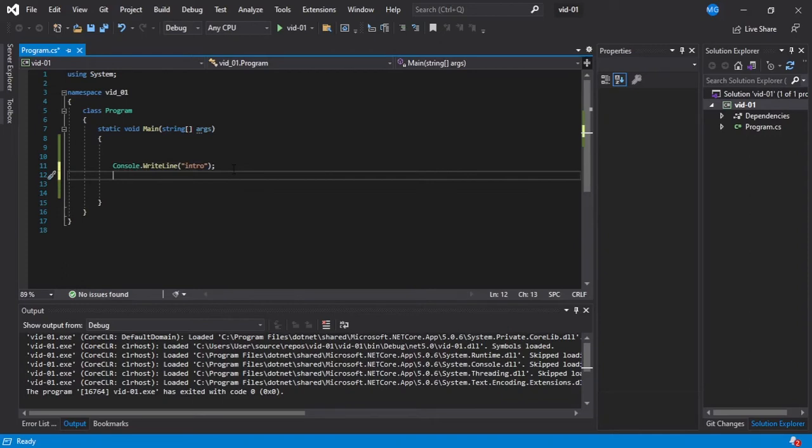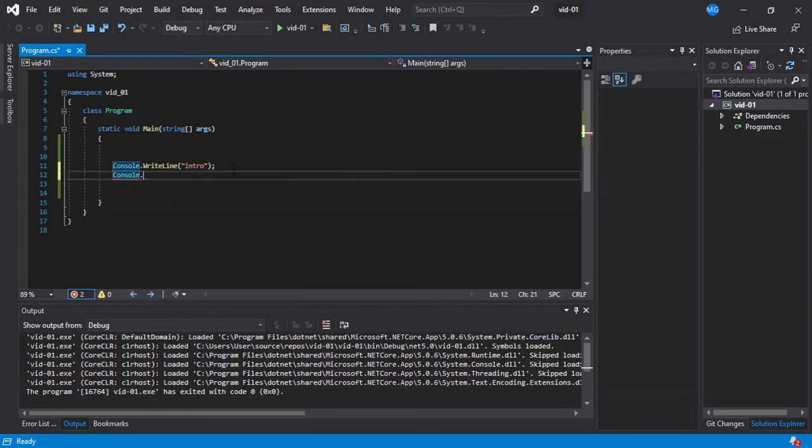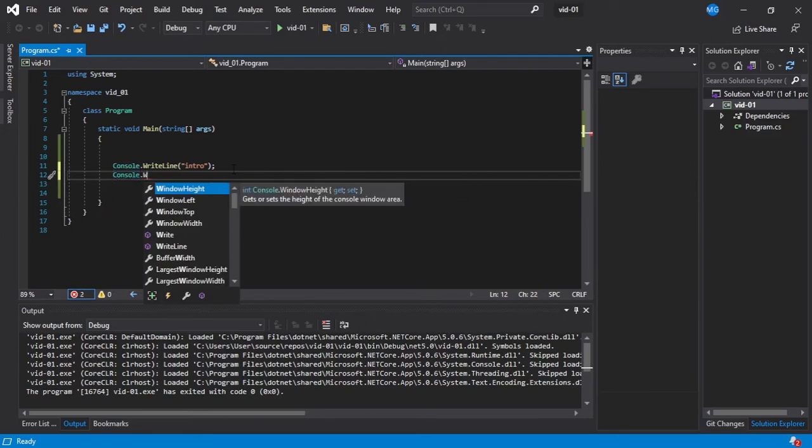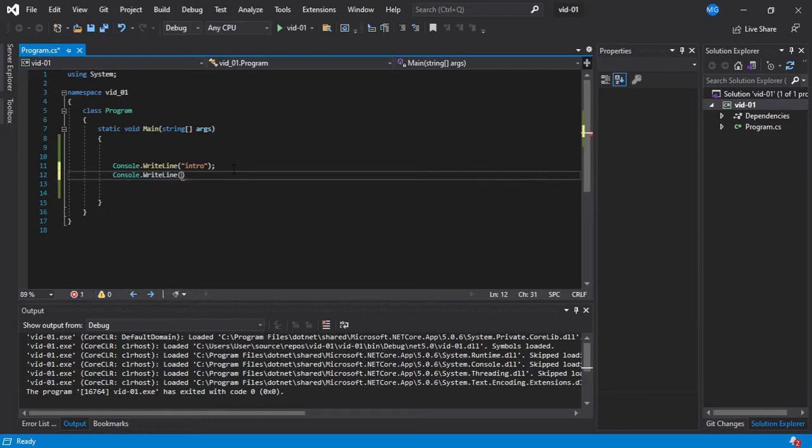This is exactly what we'll be using while writing C# code. It is capital C. These are the things you should always remember. It's a capital C, Console dot, W is capital again, right? And then the L is capital, and we need to close this bracket at the end like this.